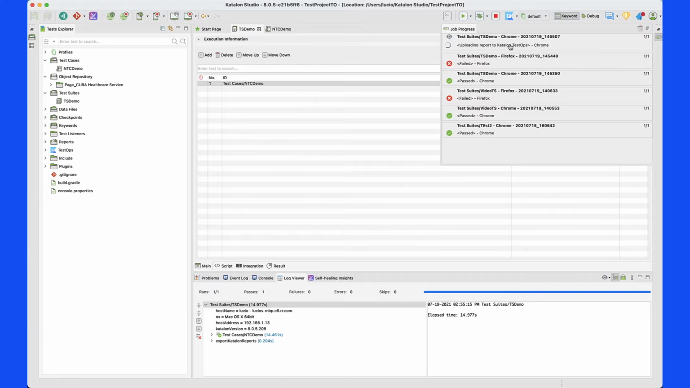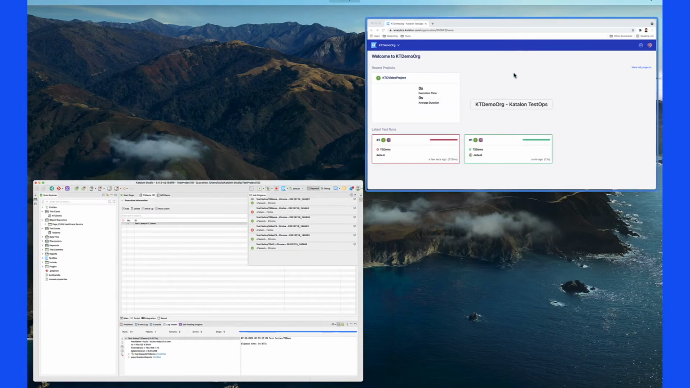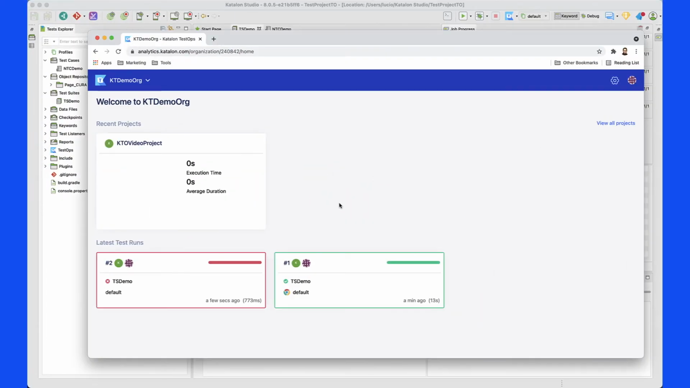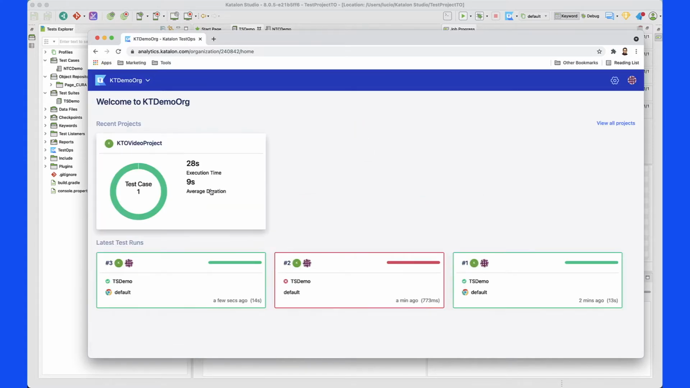Now this is uploading again to Katalon TestOps. So in this case, let's go ahead and navigate to Katalon TestOps and see what we have. Everything was updated here automatically. I didn't have to do anything manually. So I'm going to go ahead and refresh my Katalon TestOps and see that